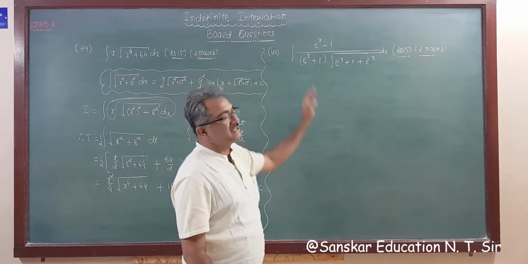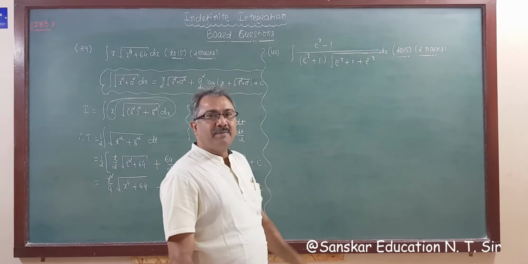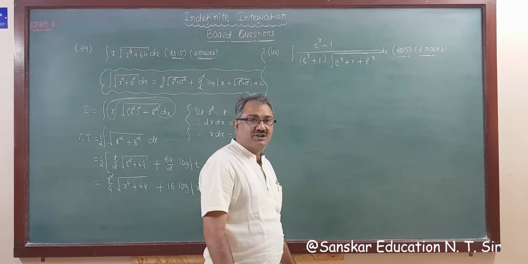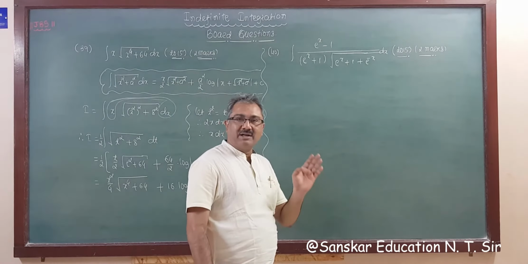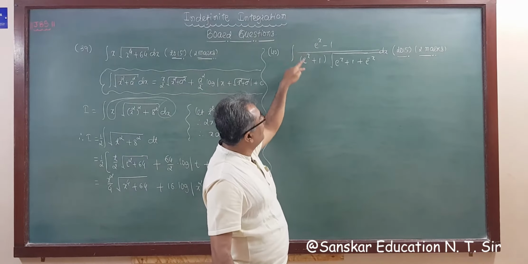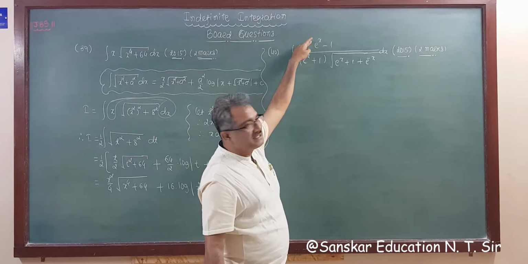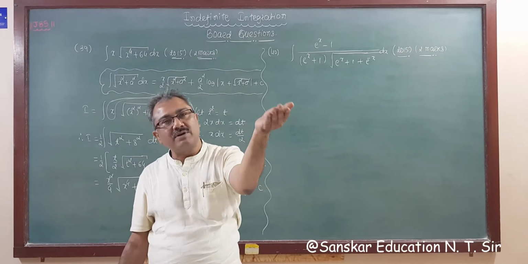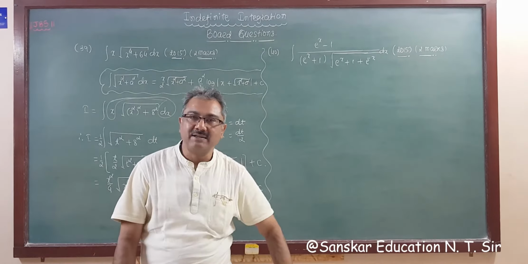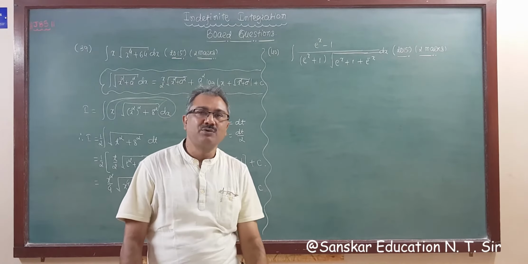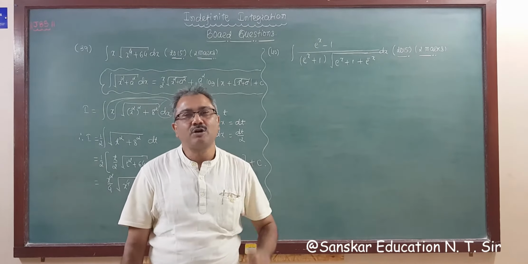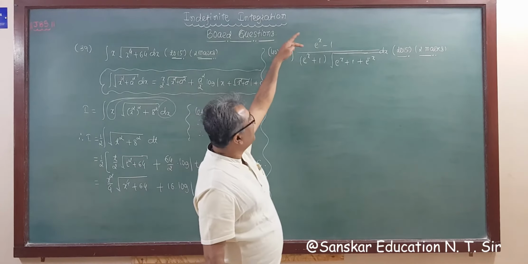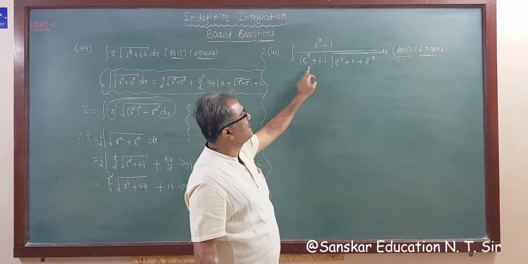Okay. Now this is a nice question. Remember, you remember, right? Recalling the knowledge that I told you. I told you that when this type of question is there, e raised to x minus 1 upon e raised to x plus 1, or e raised to x plus 1 upon e raised to x minus 1, to integrate, then you have to divide numerator and denominator by e raised to x by 2, or take e raised to x by 2 common. So I am taking e raised to x by 2 common from here as well as from here.